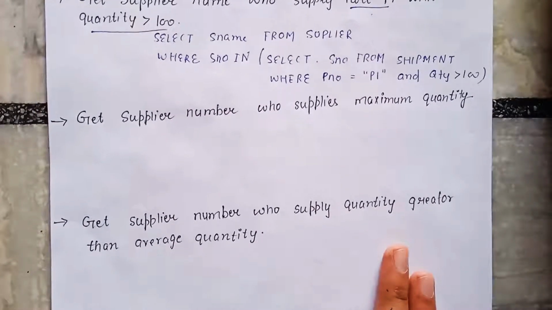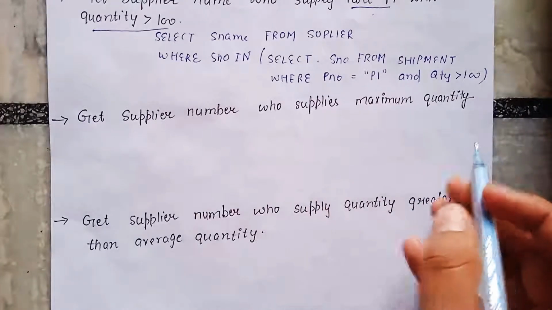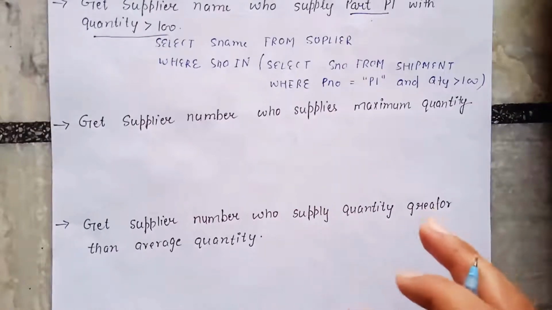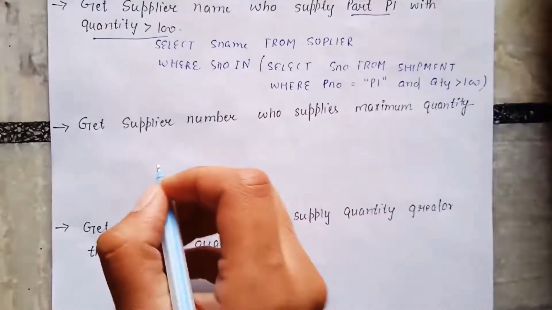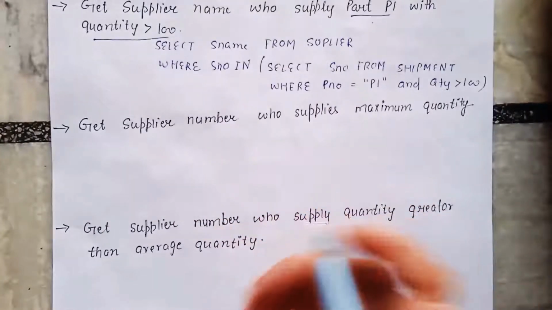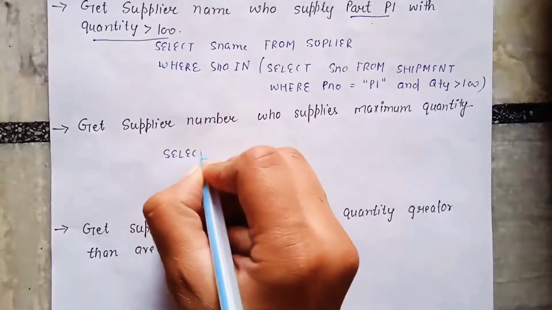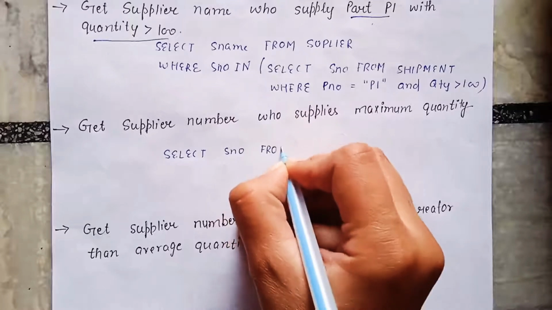Now let's see our next query: get supplier names who supply maximum quantity. Now we want to get those suppliers who supply the maximum quantity. For this we will make use of the max function. Now let's see how we write this query. We want supplier numbers, which we can fetch easily from the shipment table. So we will write select S number from shipment,